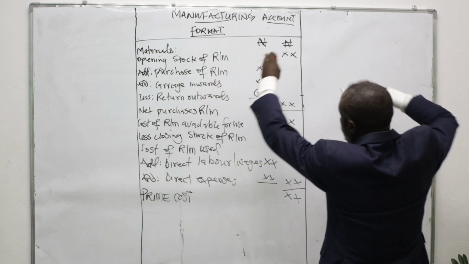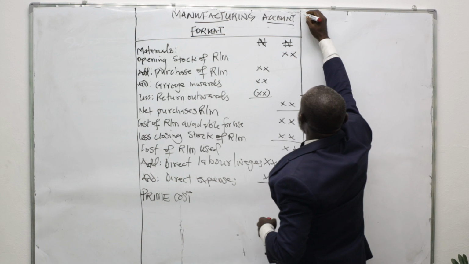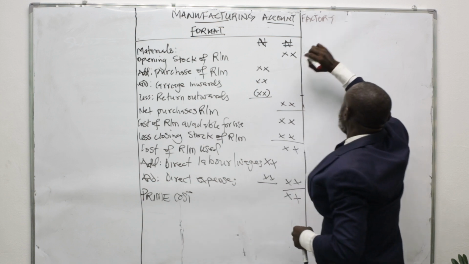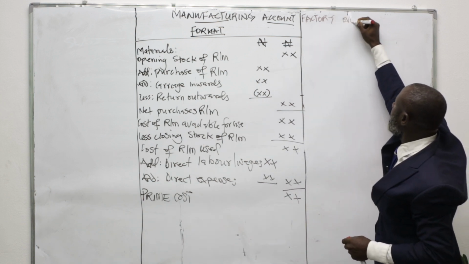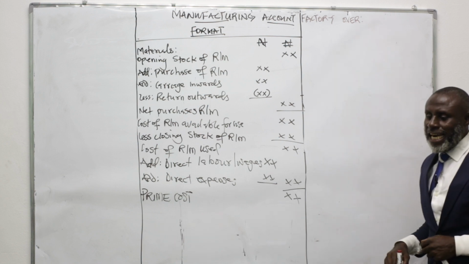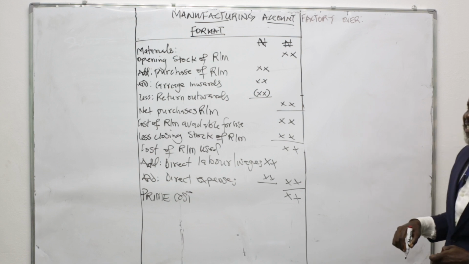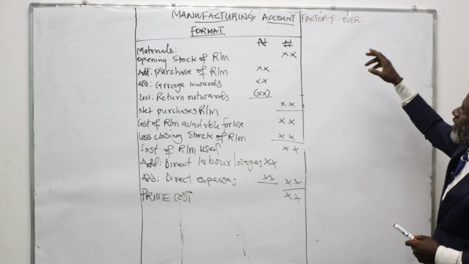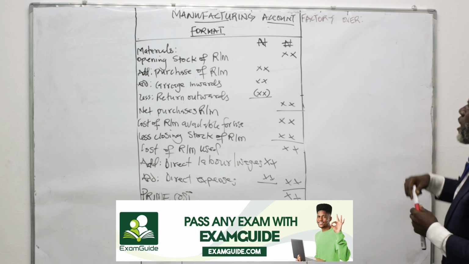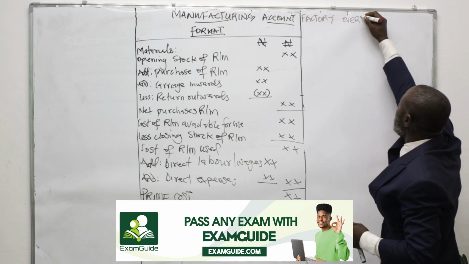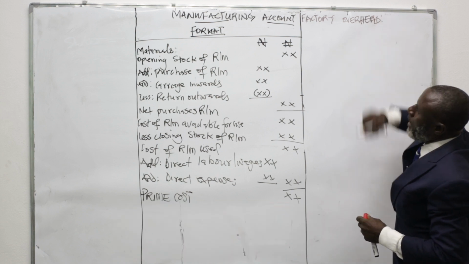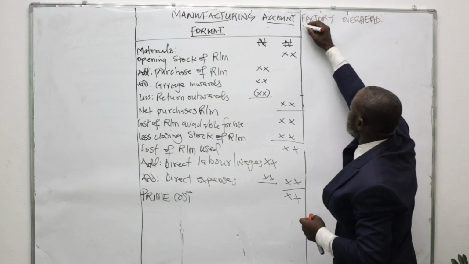So I'm going to continue with this format with the naira sign, which is our reporting currency. You're going to take factory overhead. Under this factory overhead, of course, there are lots and lots of items of expenditure that are incurred in the factory but do not have any direct bearing on the units of the product to be produced. They are called factory overhead. So I'm going to add them to our prime cost to be able to get our cost of production. So first, let me start from